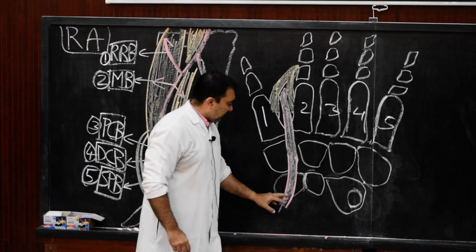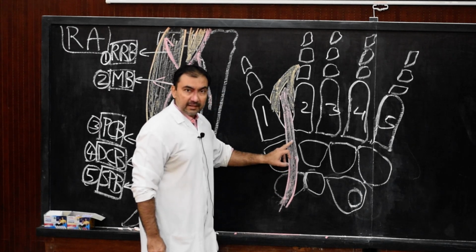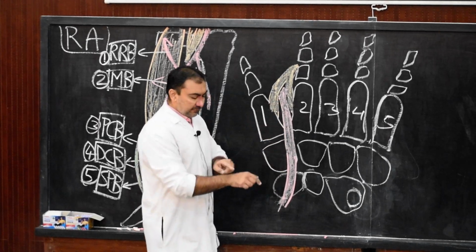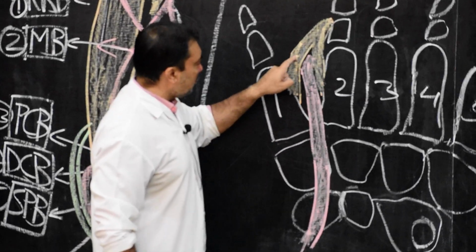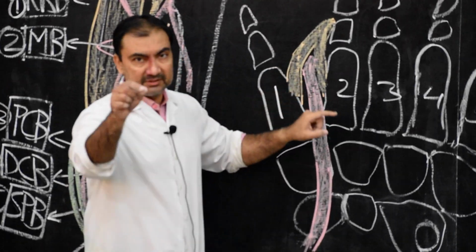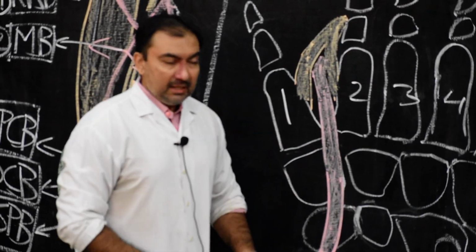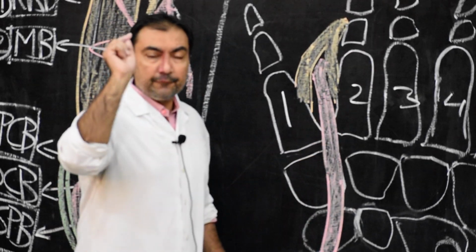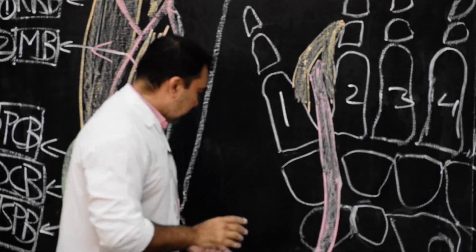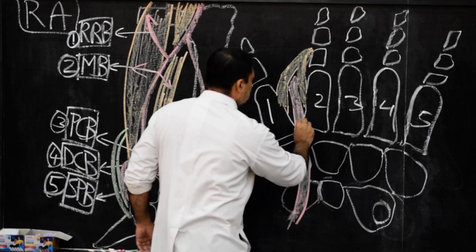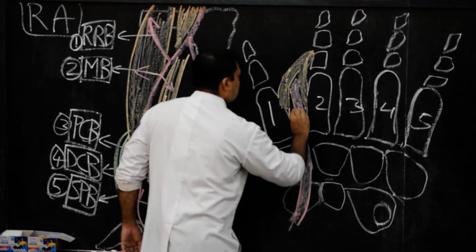So it is coming on the dorsum of the hand, this radial artery. After traveling a short course over the dorsum of the hand, it will pass between the two heads of first dorsal interosseous muscle to enter the palm. But in this brief course, it will give one branch, and that will be branch number 6. The branch which is given over here will be this branch.